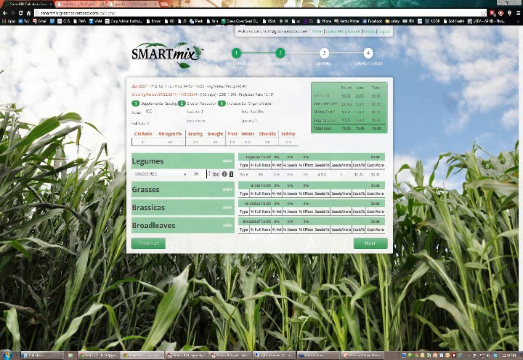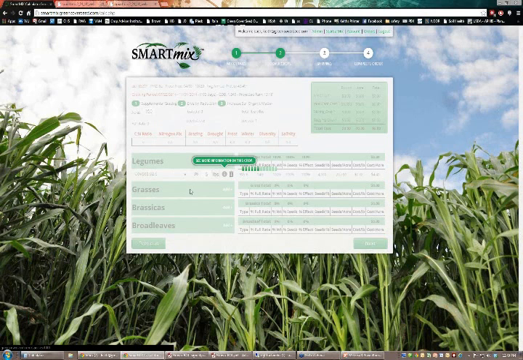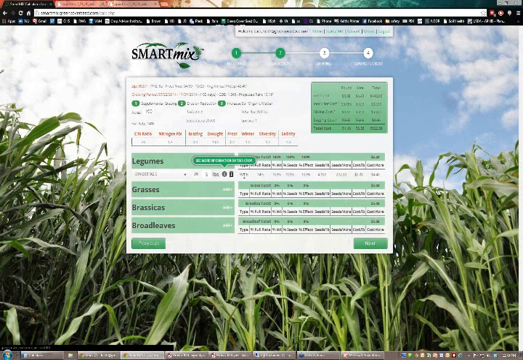So this is where I tell the program how many pounds I want. If 36 pounds is a full rate, I'm just going to tell it I want 5 pounds in my mix. And it'll go through and load that in. It also brings up a lot of information about cowpeas here. It tells me they're a warm season broadleaf. It tells me there's about 4,100 seeds per pound. It tells me how many seeds per acre I now have with that seeding rate, and it's giving me all the cost information as well.